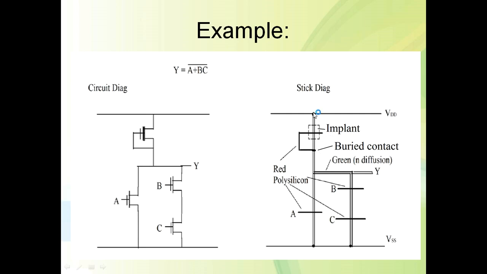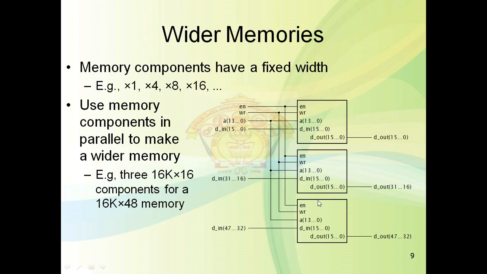So this is diffusion layer, this is polysilicon layer, and gate of the depletion transistor is connected to the source. Now it will act as your load, that is a depletion transistor. So this is shown by the depletion mode transistor. It has implant, and this implant is shown by the dotted lines. Okay, now coming towards